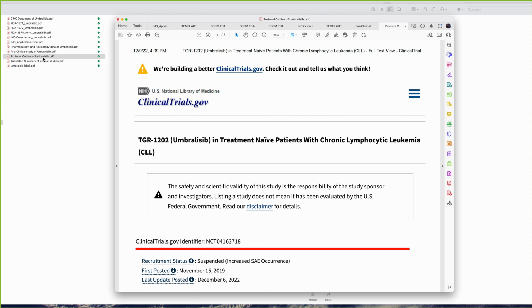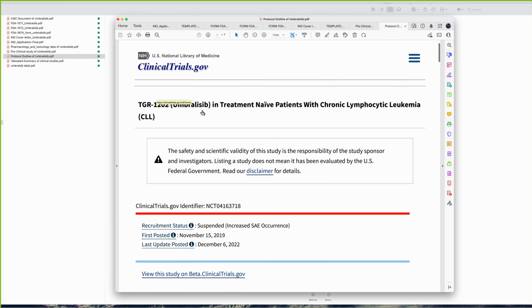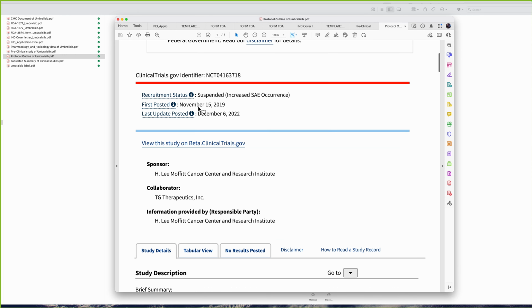So here I'm just showing you one, which is clinicaltrials.gov. Obviously this is the outline. If we ask you to add the entire protocol file, this is not the one here. Usually those protocol files are confidential. This is why I'm not showing you here. But for the outline, you can always go to clinicaltrials.gov and look into, again, the outline of the study,